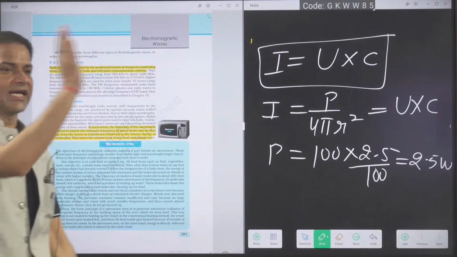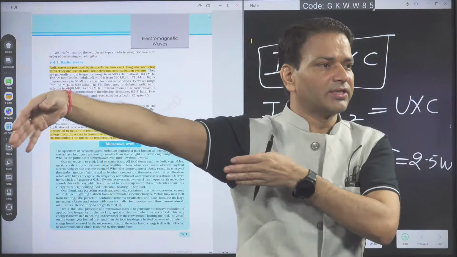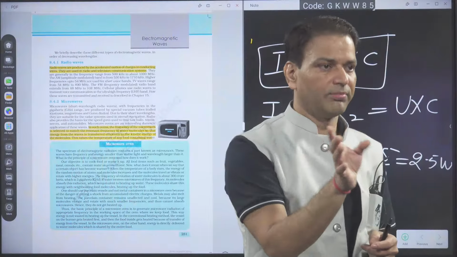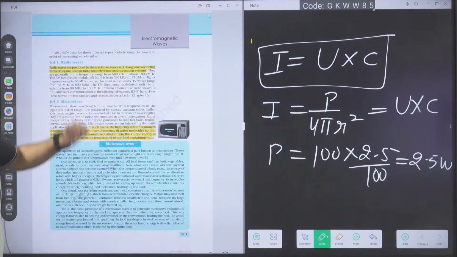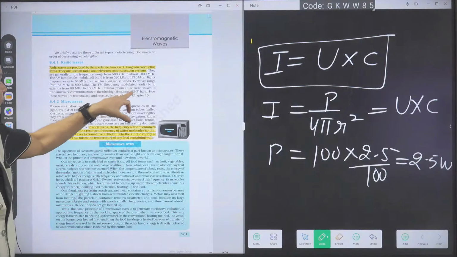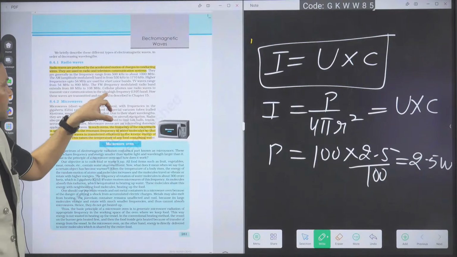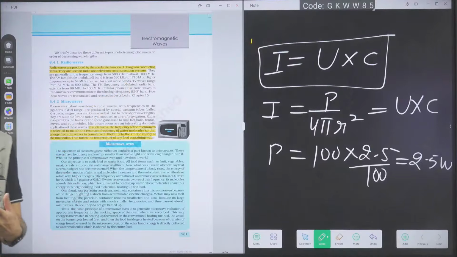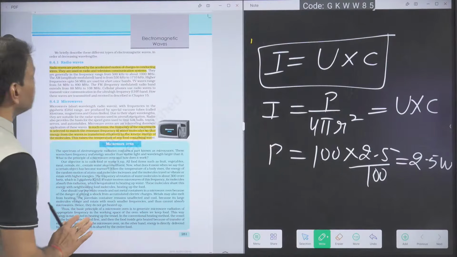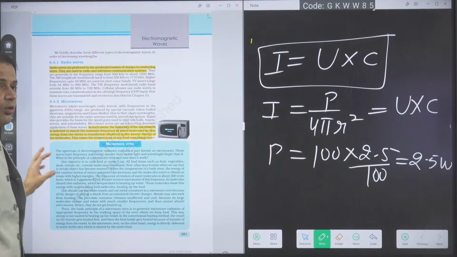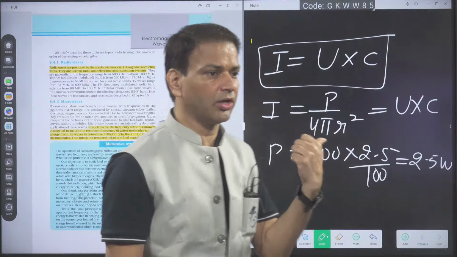Okay. On one side they will give the uses, on the other side in the matrix match they will give the wave, then accordingly we have to match. Here they are used in radio and television communication, and cellular phones also use radio waves to transmit voice communication in the ultra high frequency. So for voice communication also we are using radio waves. This everybody got. So what is the production? What are the uses?